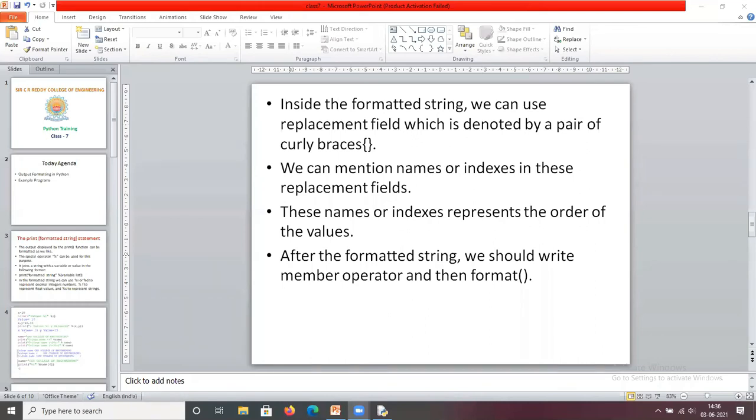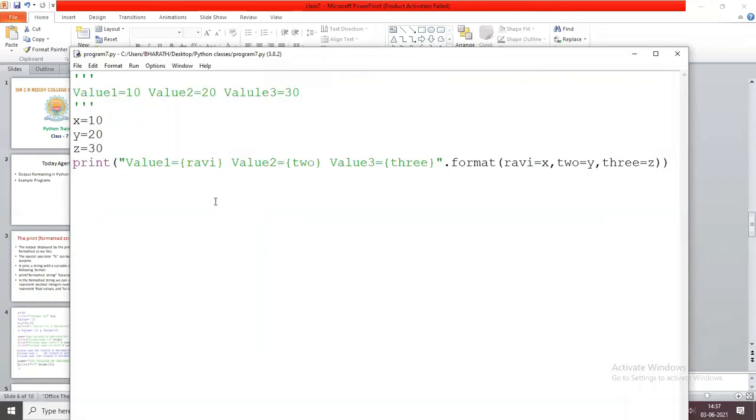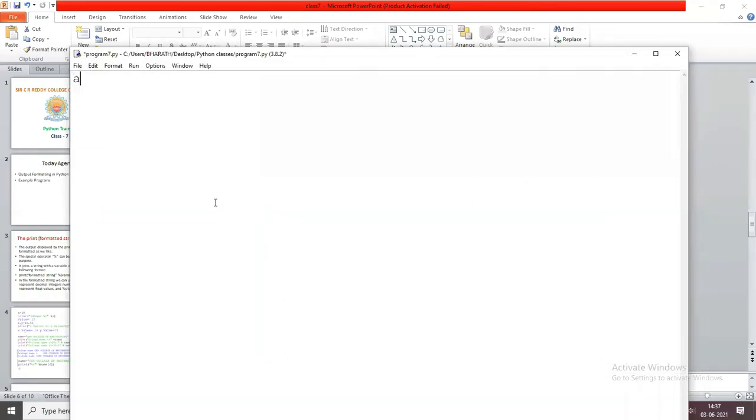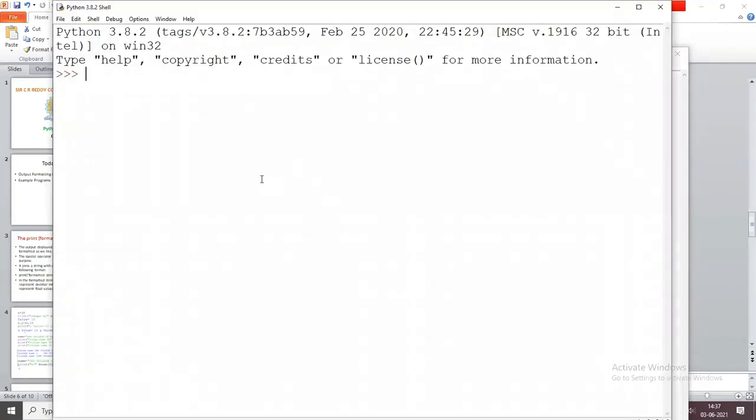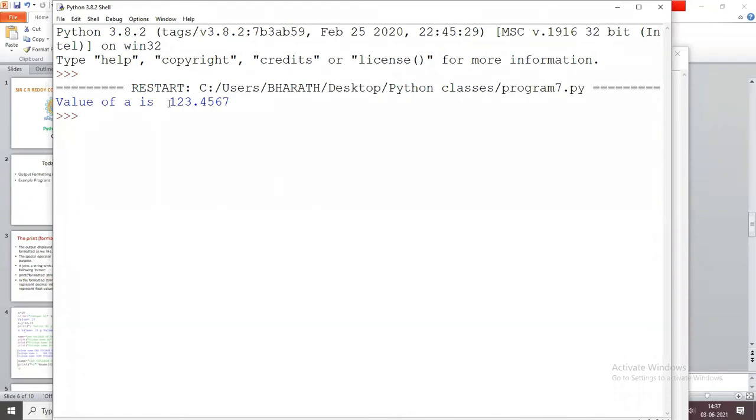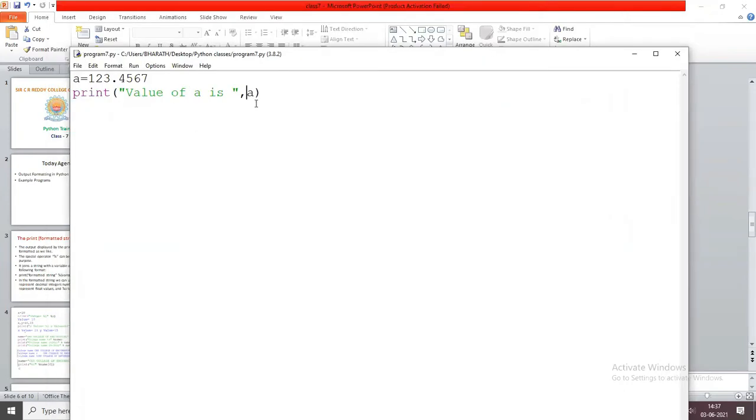If you directly use the print statement, it prints the entire data. For example, A equals to 123.4567. If I print the value of A is like this, and execute, it prints the value of A is 123.4567, but I want to print only two digits.